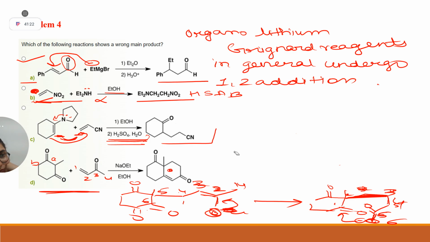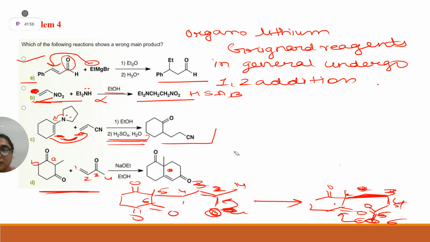Like Et is attacking on that double bond, right? So it will undergo conjugation, such that it forms that product. But don't you think Et negative is a harder base? I think it should be, because that's why in most cases you will see that Grignard reagents and alkyl lithiums do 1-2 addition, not 1-4 addition. So they are hard bases. Exactly. So hard bases are going to interact with your hard centers only.